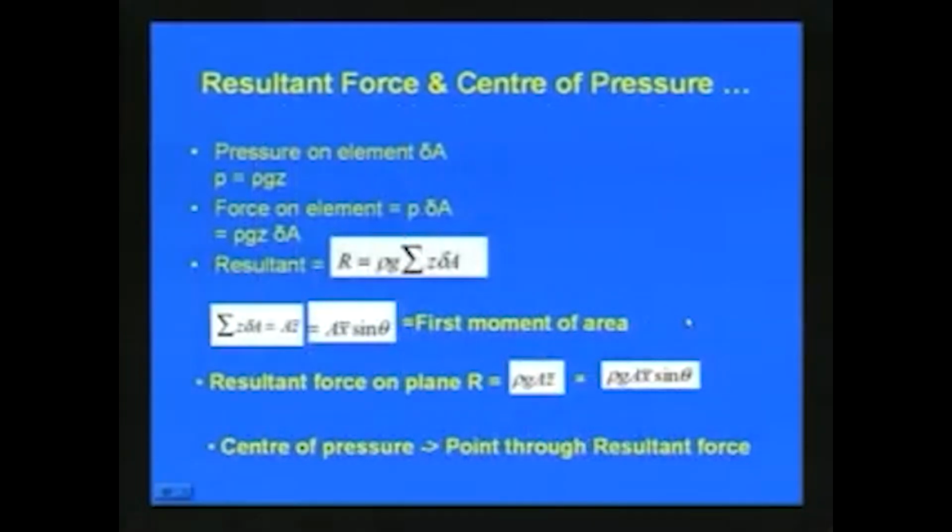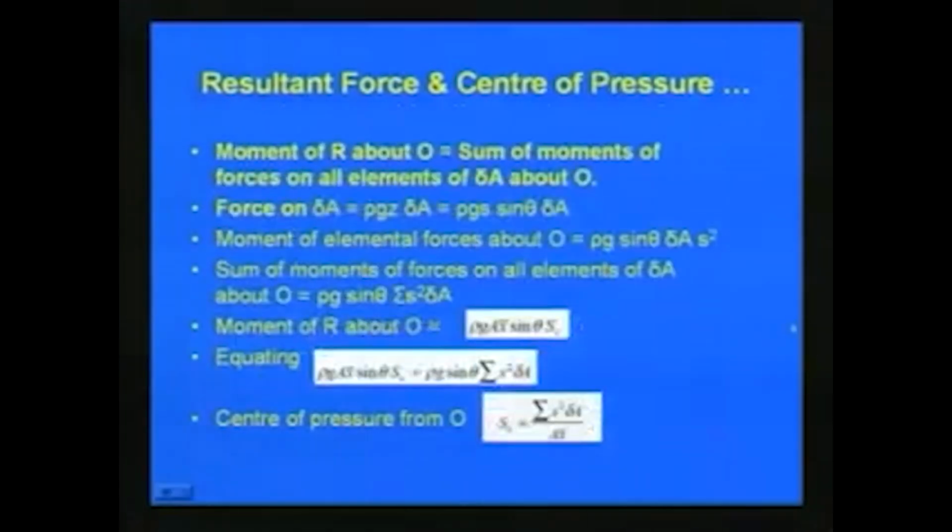So, with respect to this problem which we are discussing now, we can take the moment of R, the resultant force, about the point O. So, that will be equal to the sum of moments of forces on all elements of delta A about O. So, we are finding out the center of pressure by taking the moment of the resultant force about O, equating that to the sum of moments of forces on all elements of delta A about O. So, force on delta A is equal to, as we have already seen, rho G Z into